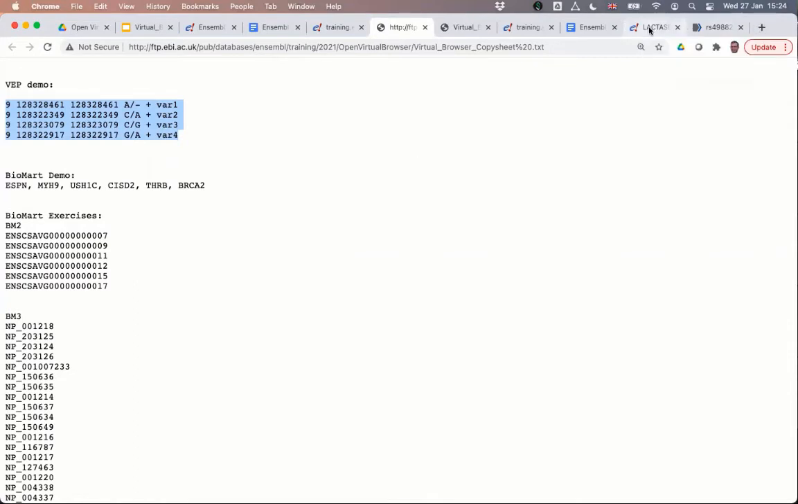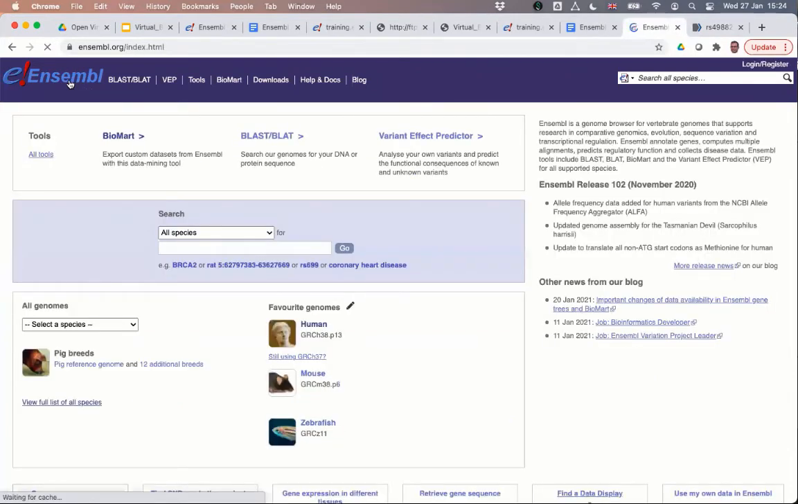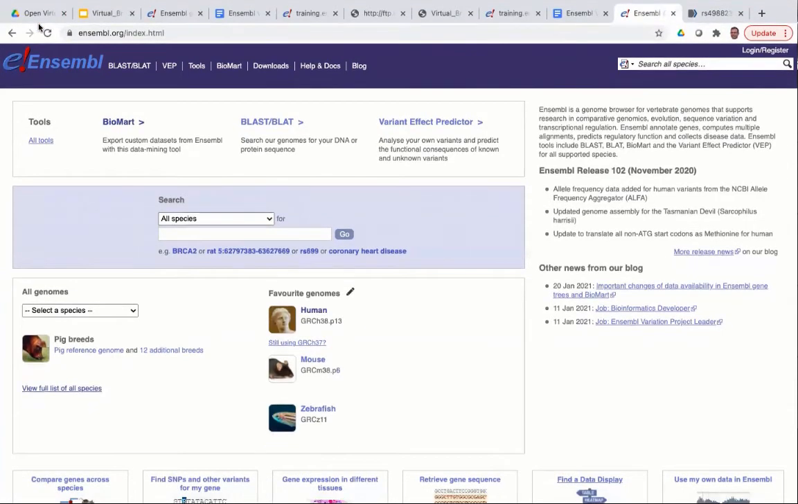Okay, so now going back to Ensembl, I'm going to navigate back to the home page using the logo in the top left-hand corner. So you can see in the blue bar, we have a link to the VEP tool. So if you click on VEP,